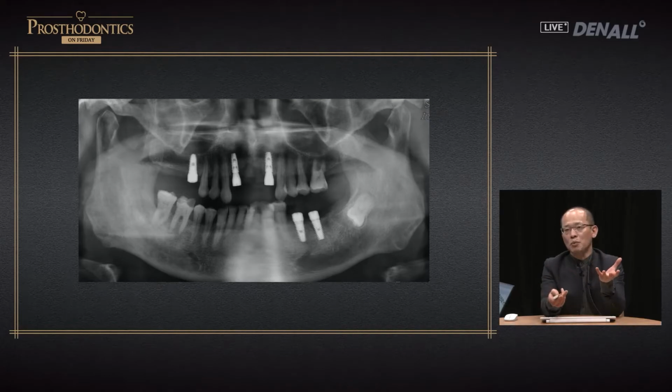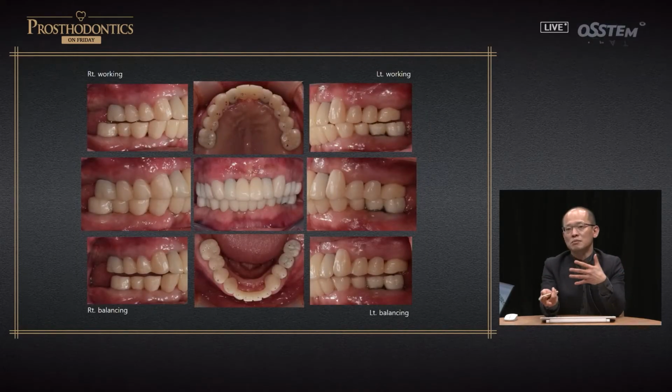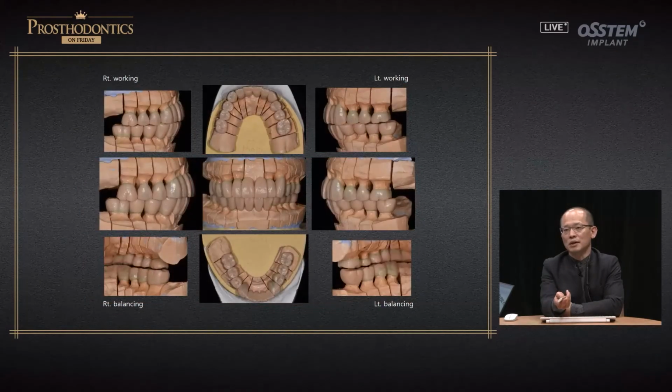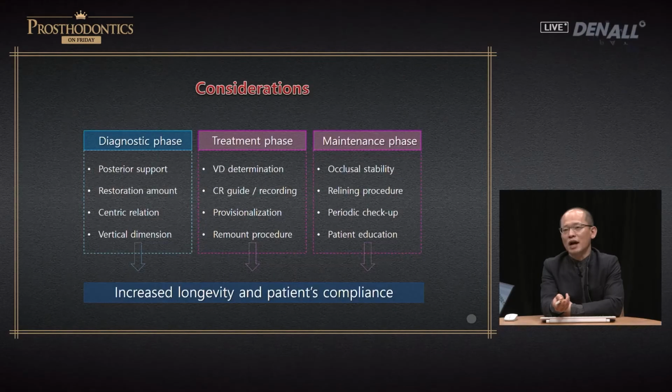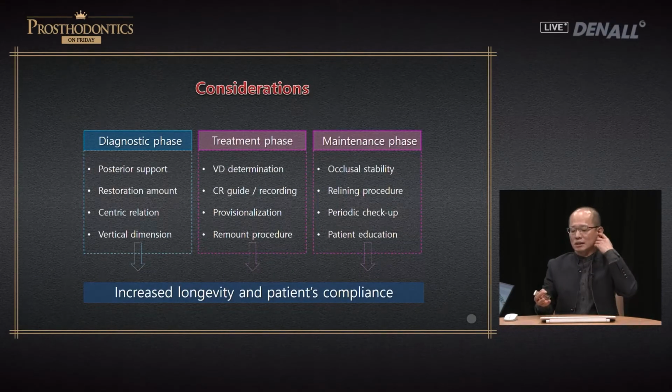So again, you use implants here also. You create temporaries, and in the temporization period, you do evaluation. Once everything is fixed, here zirconia was used, and it looks okay. But whether it's really okay, you have to see, because as I said in the beginning,